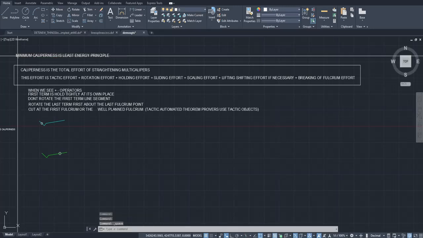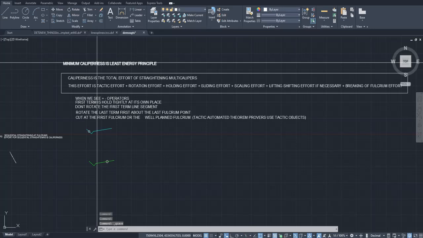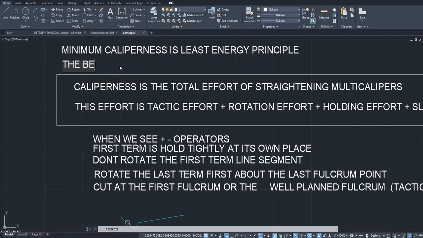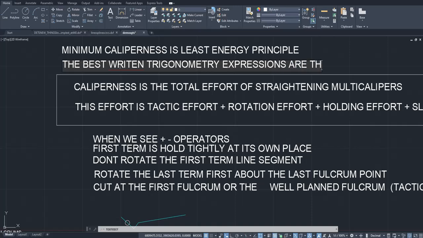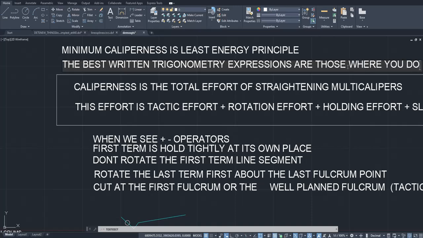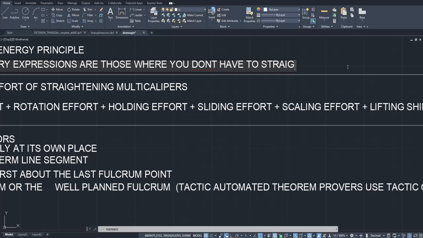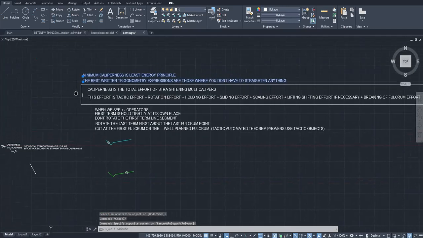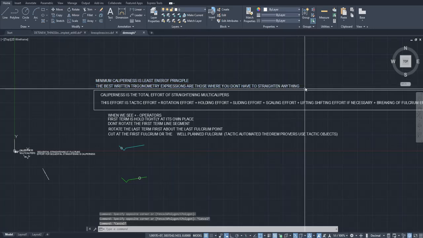Now, for any trigonometry expression, if you don't have to do any calipering or straightening, those are the best written trigonometry expressions. You don't have to straighten anything, where everything is auto aligned, where all the output line segments are automatically auto aligned,